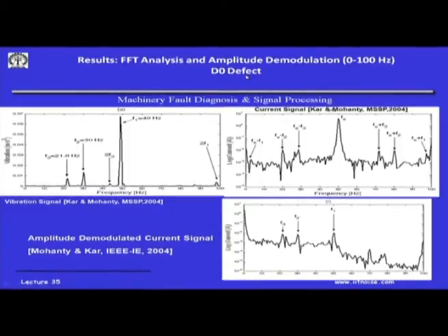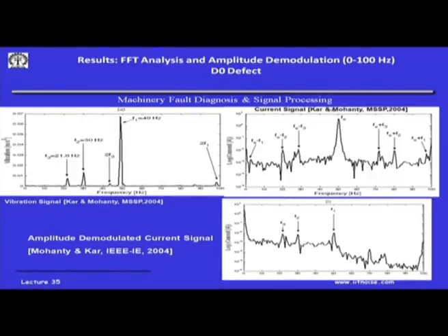D0 defect means no defect in the gearbox. If I do the vibration monitoring by putting the triaxial on the tail end of the gearbox, I am seeing F1 is the input speed, F3 is the output speed, and F2 is the second gear lay shaft speed. These are pretty much available in the vibration spectrum as was expected.